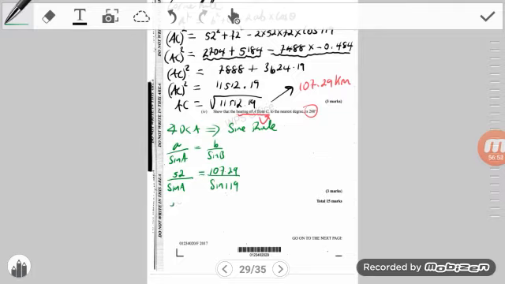This is going to be 52 divided by the sine of A is equal to 107.29. I'm going to go on my calculator and find the sine of 119. That's going to give me 0.874. Now if I divide these two, I'm going to end up with 52 over the sine of A is equal to, let's get that out, 107.29 divided by 0.874, and that's going to give me